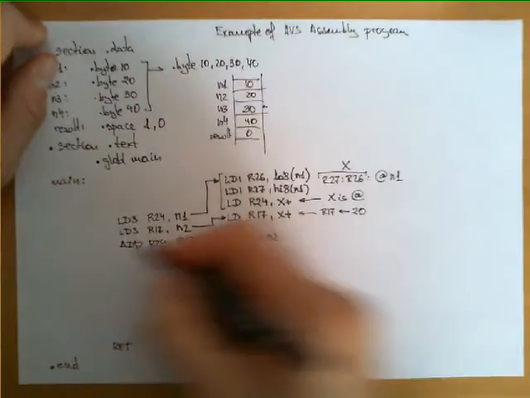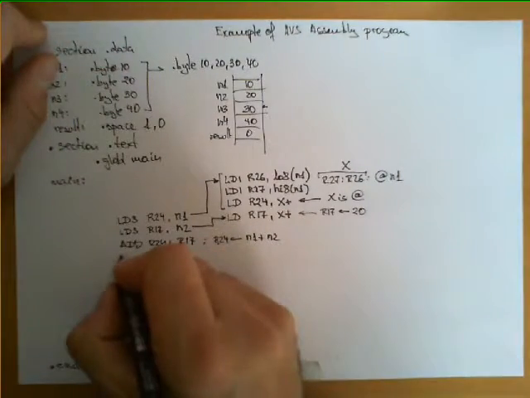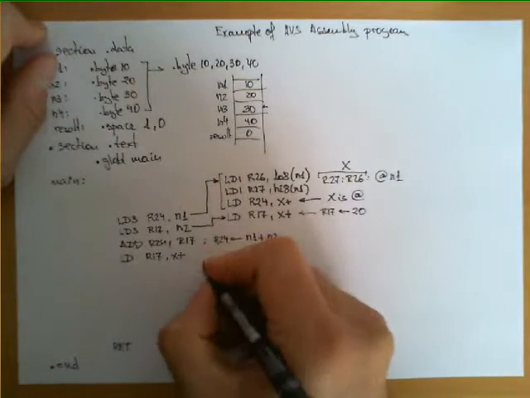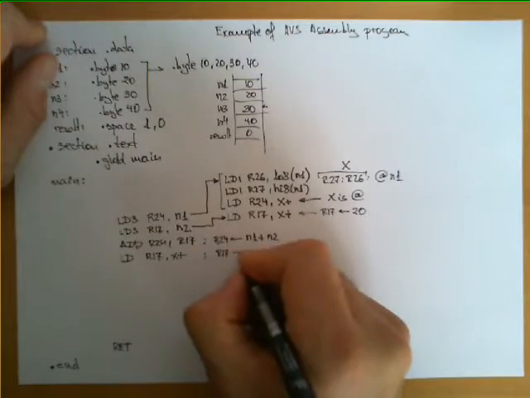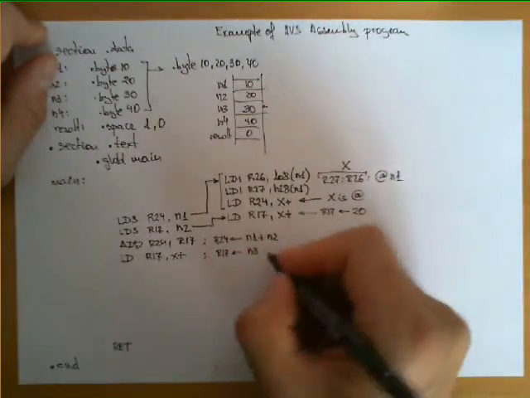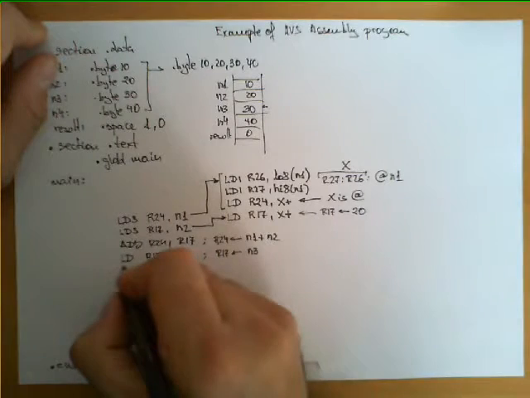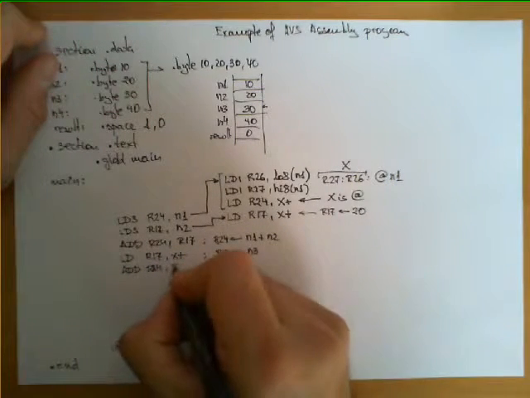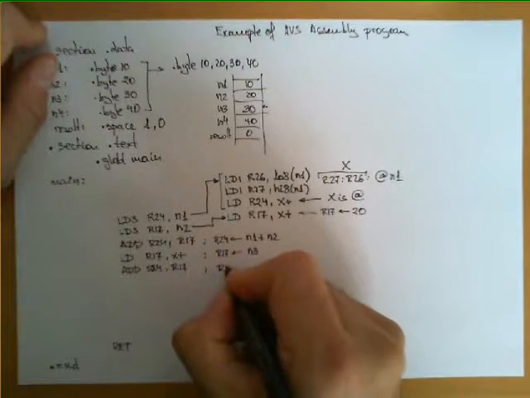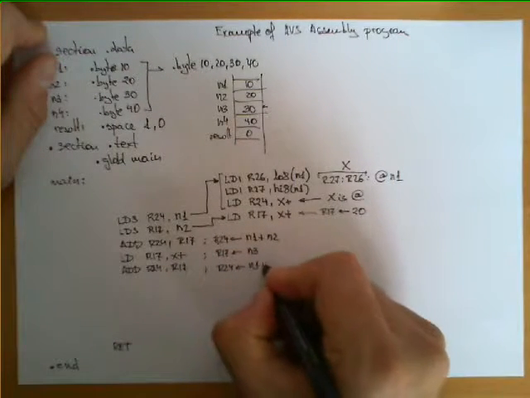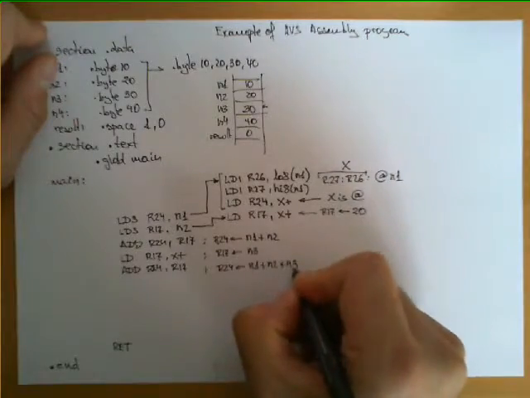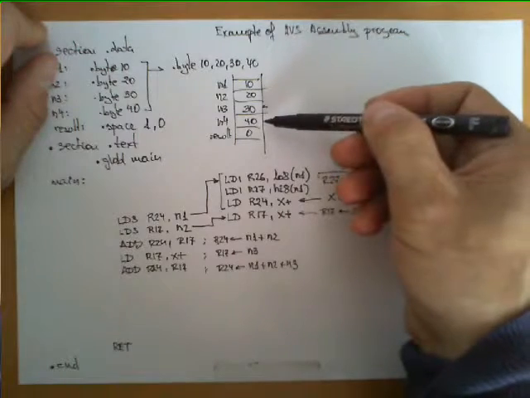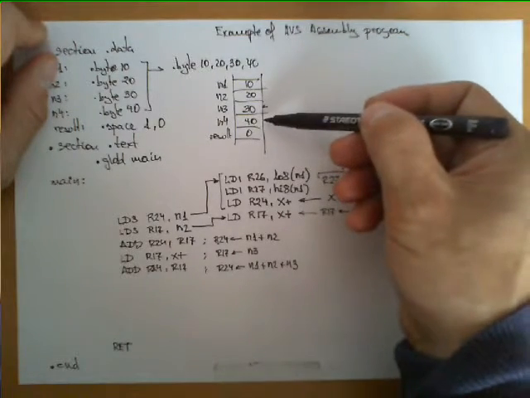So I could keep working on the expression doing the following now: LD R17 X plus. And now what I'm doing here is that R17 now has the value of N3 or 30. And I can add it again, add R24 R17. So in this case R24 has N1 plus N2 plus N3, and the other interesting thing is that X got incremented again, therefore now its address or its value is the address of the following number to add,